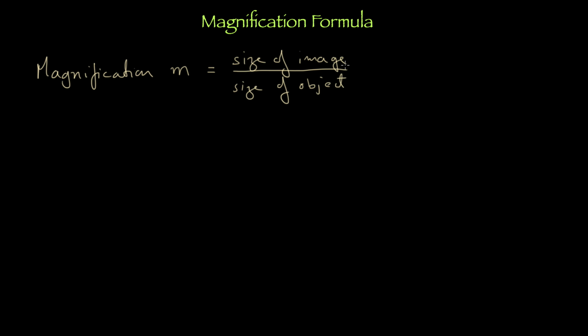Okay. Now in most of the cases, the object or the image would be put vertical. You'll have cases like these. You have a concave mirror or a convex mirror, whichever mirror, and you have this as the object, and you have this as say the image. Now we are not talking about the width and all. So straight away it will be about the height, right? Get the point?